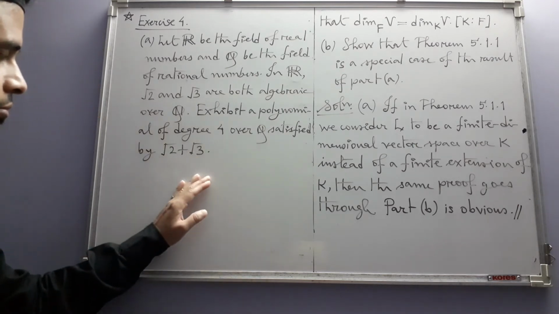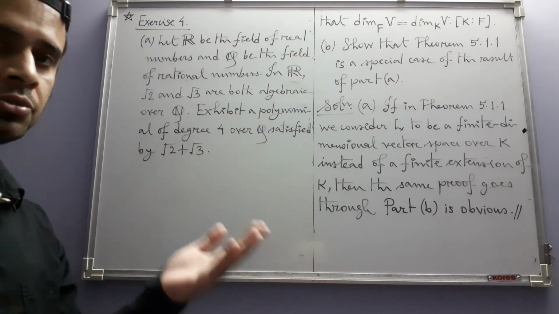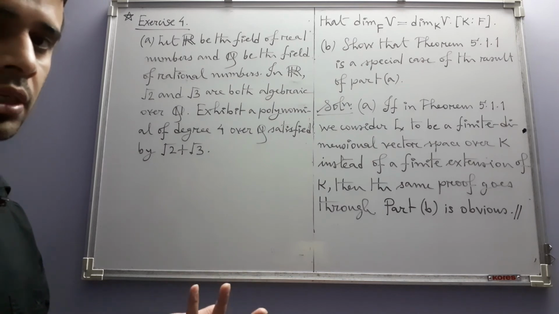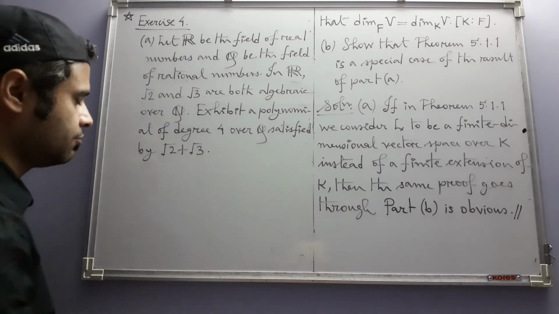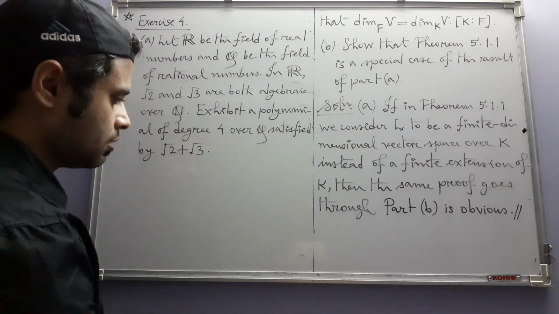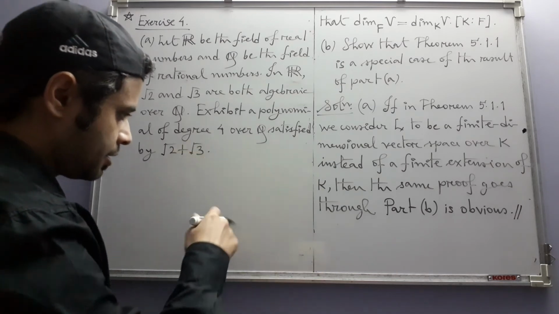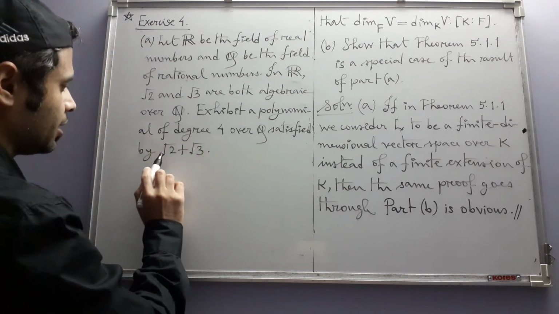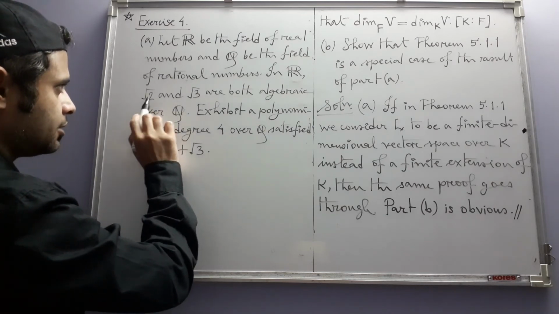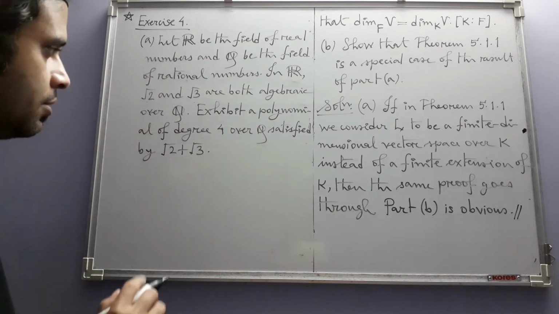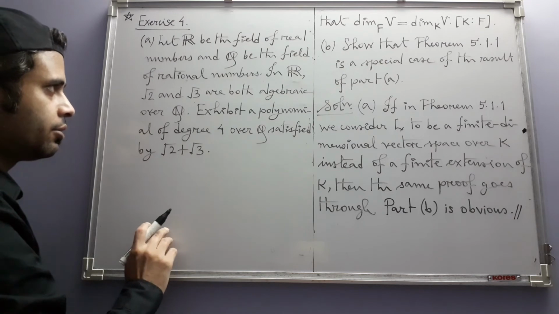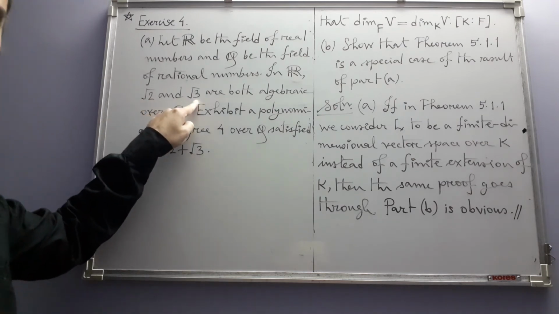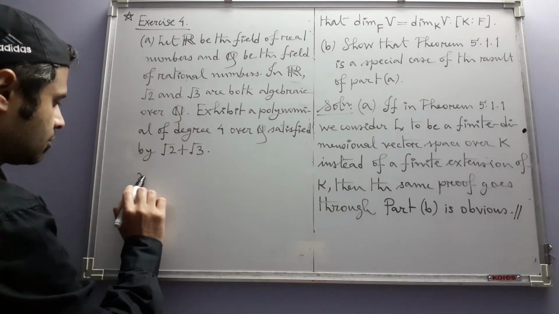So in the proof of theorem 514, which states that the elements in K which are algebraic over F form a subfield of K containing F, or its consequence, that the algebraic numbers form a subfield of the field of complex numbers, in that proof we have already seen that, see, this is algebraic, this is also algebraic, so their sum is algebraic. But the sum is algebraic of degree at most that number which is the product of the degrees of these two numbers. In fact, if you think of it a little bit,